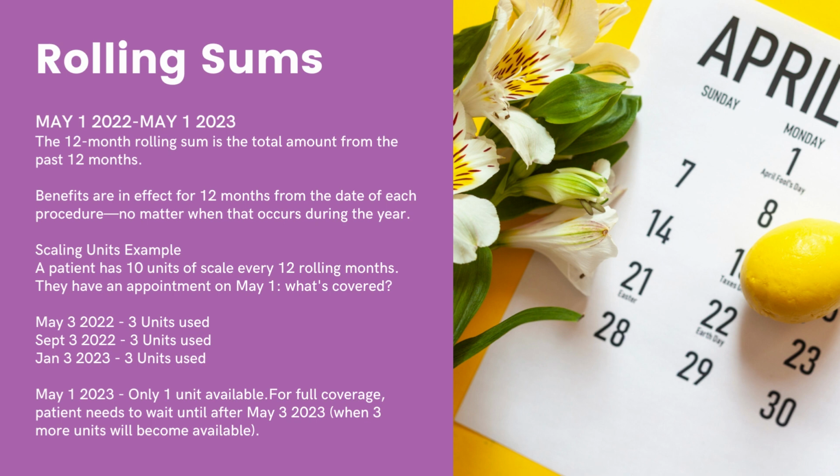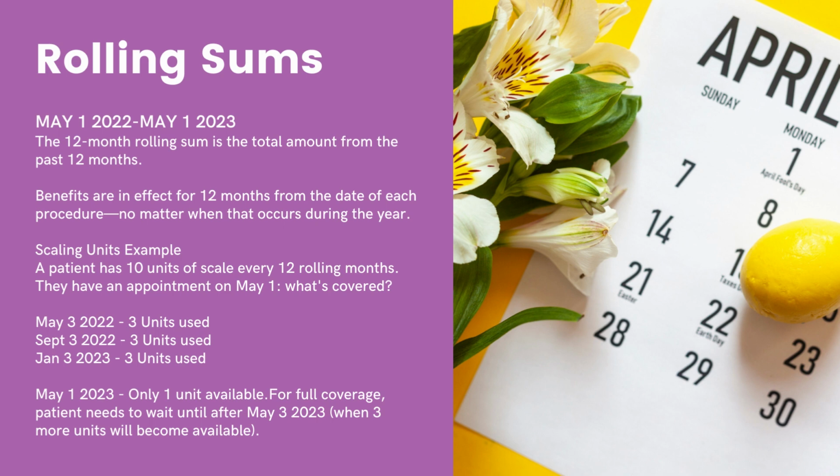Rolling sums are a little bit more complicated. They are similar to a benefit year, except rolling sums are always changing. The 12-month rolling sum is the total amount from the past 12 months. So benefits are in fact for 12 months from the date of each procedure, no matter when that occurs during the year. For this example, we'll be using scaling units, since reception will find this is the most common procedure